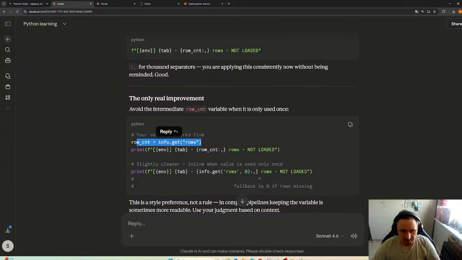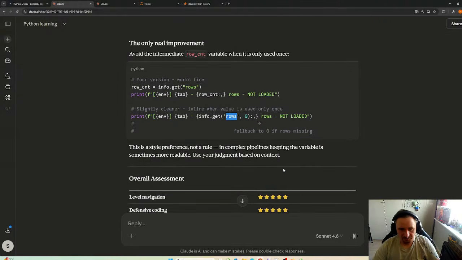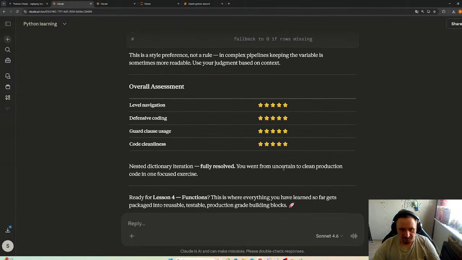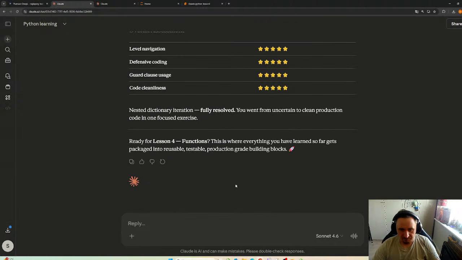Yeah, I could do this, but I decided I will first get the information and then work with it, so that if it is needed more than once, I can reference the row count instead of getting the information from the dictionary every time. No, okay. Okay, so let's go with this, but in a